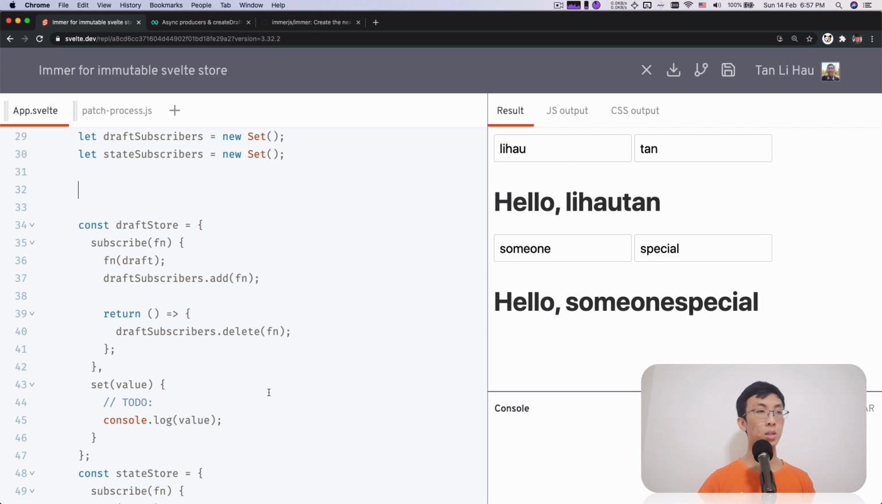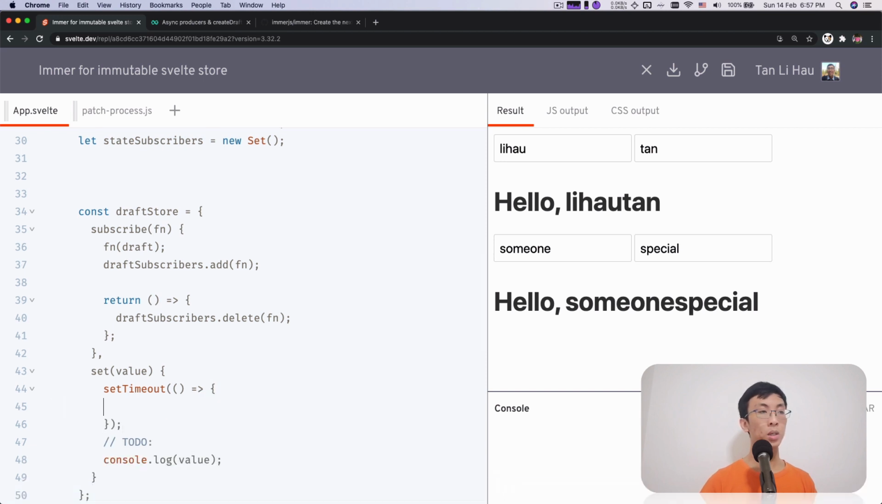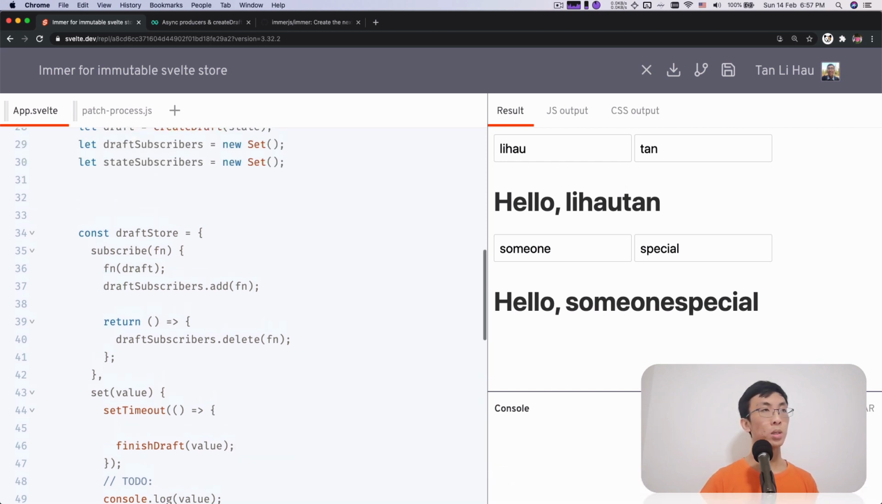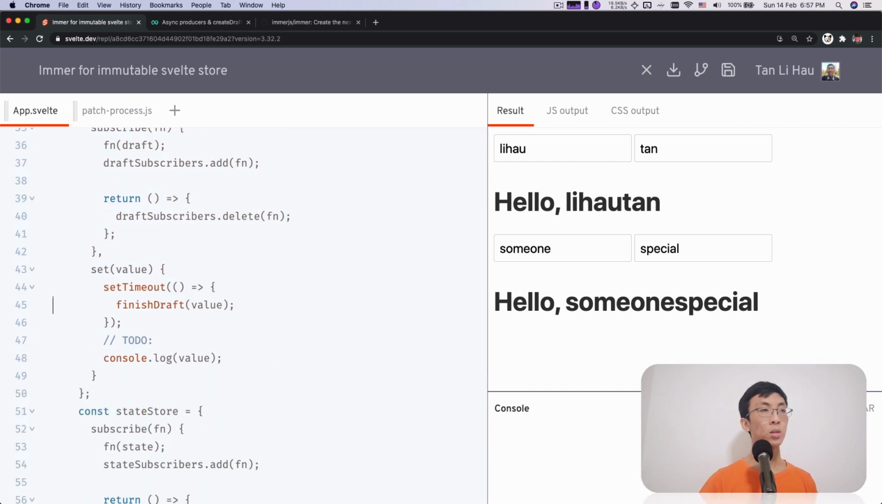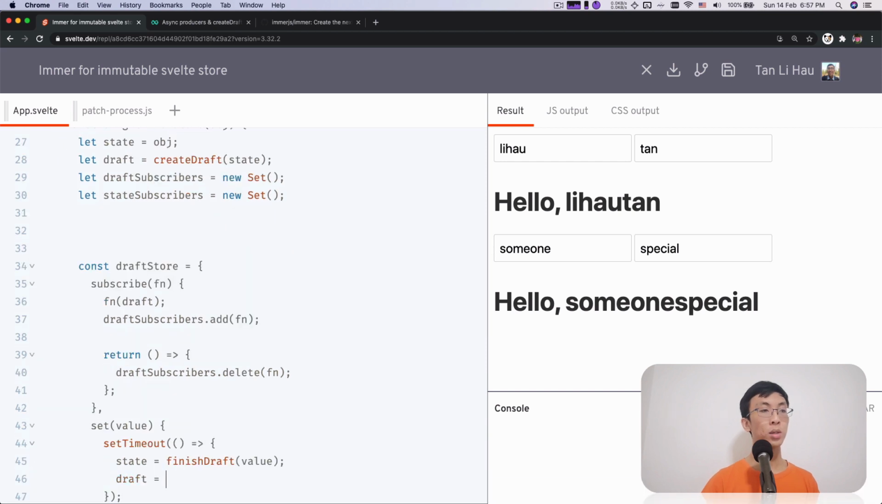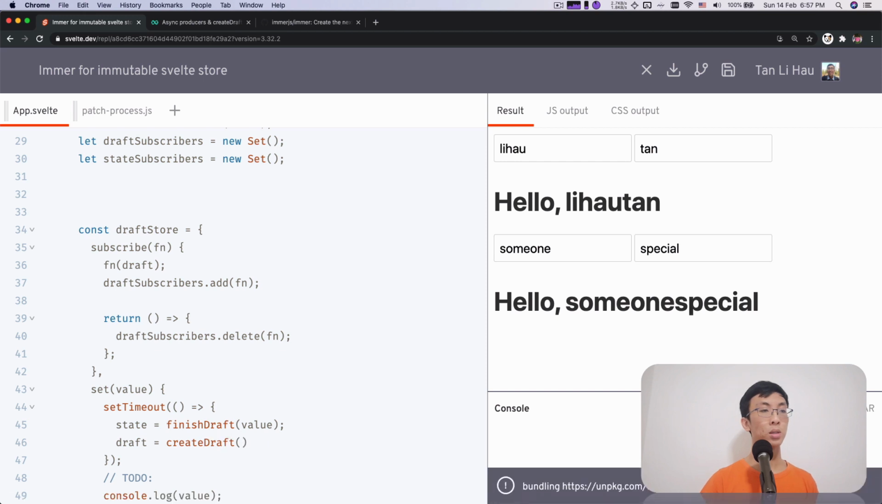So we're just going to set a set timeout. And over here we are saying finish draft value. Okay, so this should be the value. So this is the new state. So I'm going to say state equals this, and then draft. Since it's already finished, we're going to create a new draft. So draft here state,